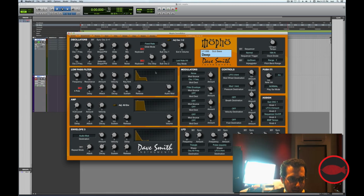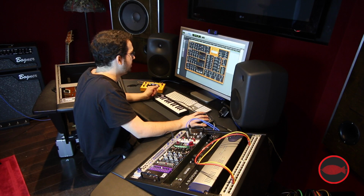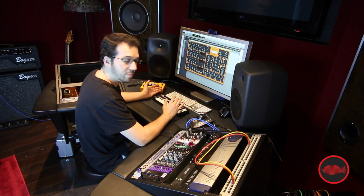So the sub oscillator is a bit high, and I see here that the filter has an envelope. We can, of course, modify it there. Kind of give it a bit of an attack. Oh, that's nice. Let's open up the filter again. Cool, so already we're getting somewhere with it. We can make a very dynamic sounding synthesizer, something that responds to our playing